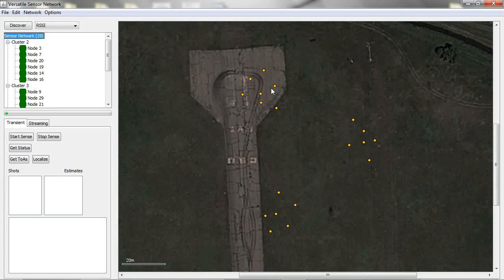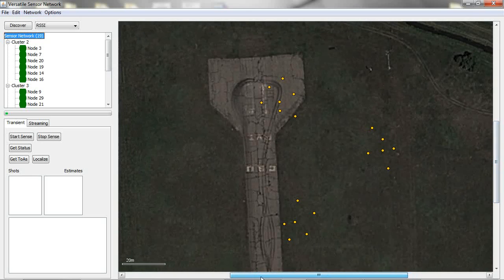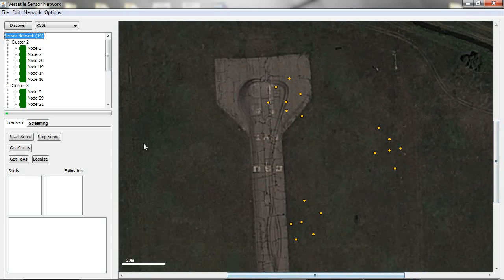Okay, so let's run through a typical data collection scenario for the Sniper application. We've deployed all the nodes, they're all turned on, and we went through the startup wizard. So now, if we're ready to collect data, the first thing we do is click Start